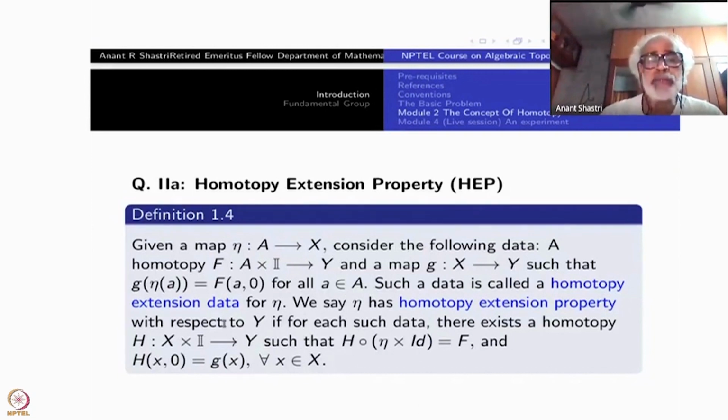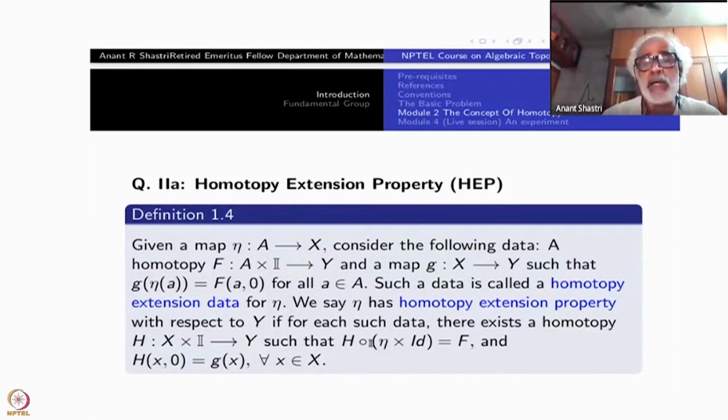What it means is that, think of A as a subspace of X. On the subspace, there is a homotopy of a function which is defined already on X. You take the restriction, that is G composite η. So that has a homotopy F, the starting point. Okay, this is the data. Now what is the conclusion? We say η has the homotopy extension property with respect to Y